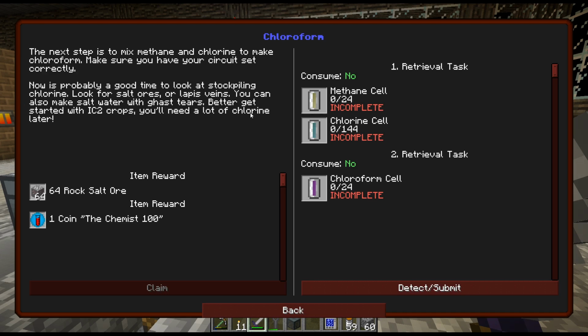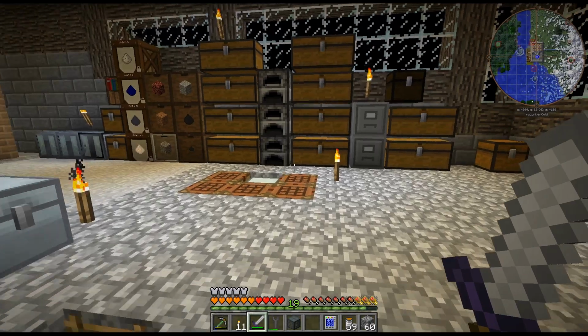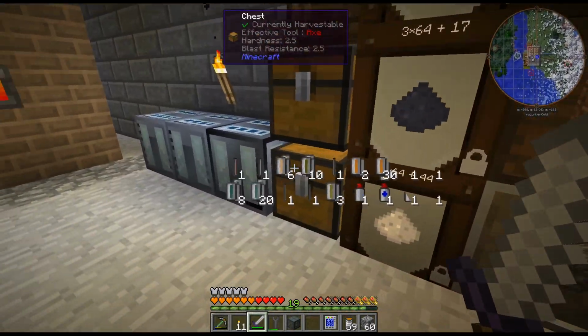Look for salt ores, yep. Lapis veins. You can also make salt water. Gas tiers, that's another option. Lots of materials you can get from...